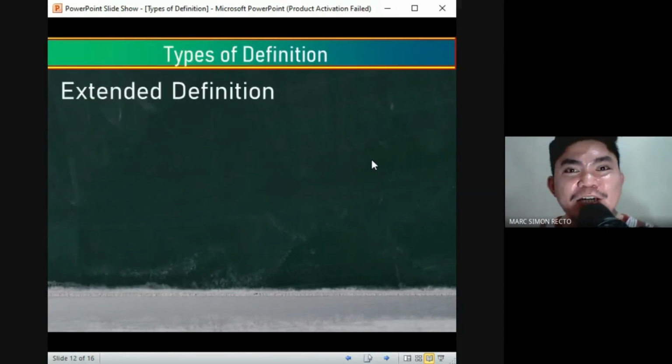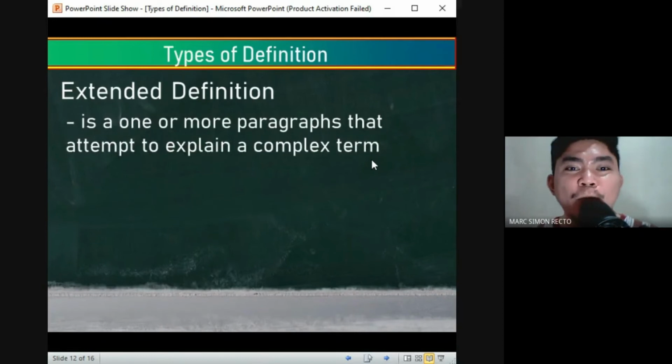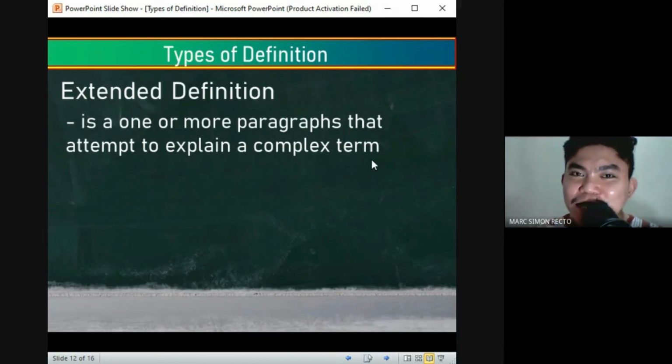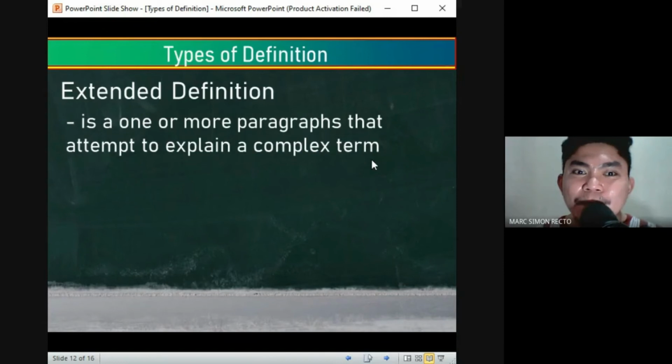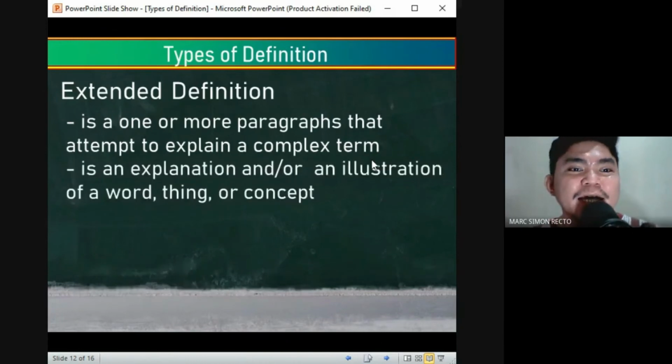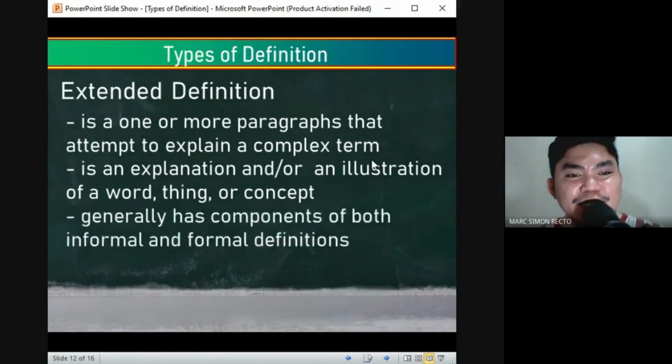This time we'll be having the third and last type of definition, which is the extended definition. It is one or more paragraphs that attempt to explain a complex term. This one is going to be more technical as the definition implies. We are going to talk about the way to define a complex term or technical term. It's an explanation and/or an illustration of a word, thing, or concept. It generally has components of both informal and formal